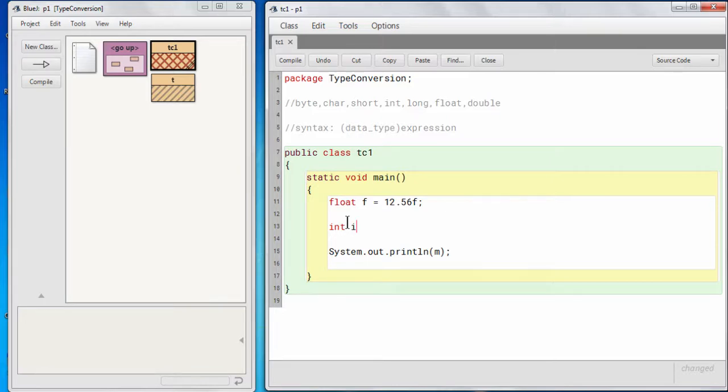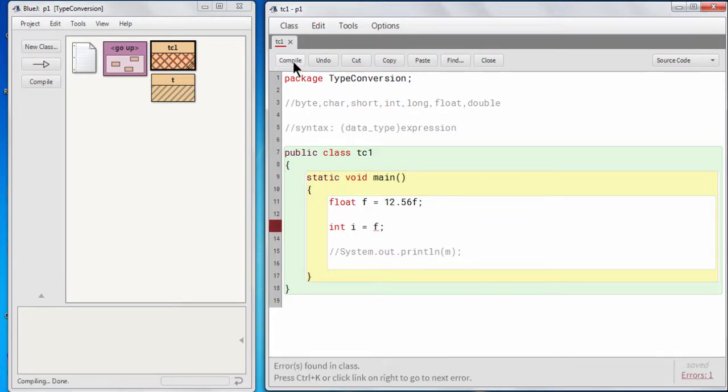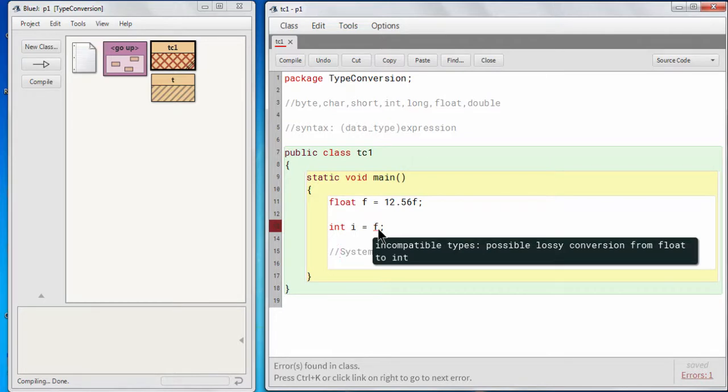So we have created variable I and its type is int, and now I will try to assign the value of variable f to the variable I. So when I try to do this, you can see that it will show me an error, and the error is again incompatible types.